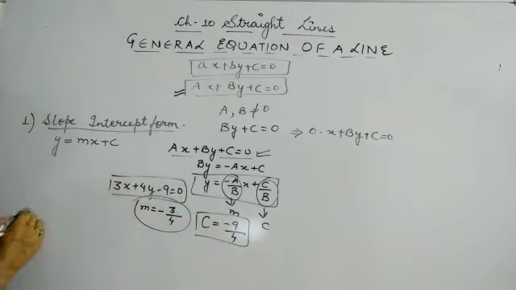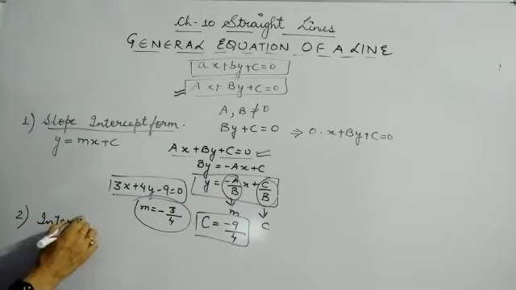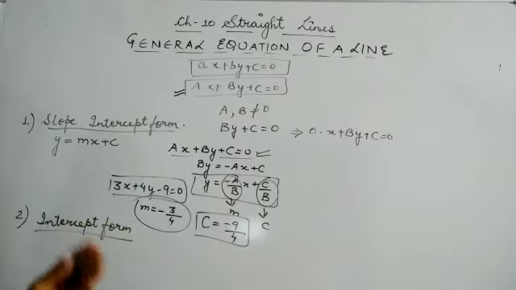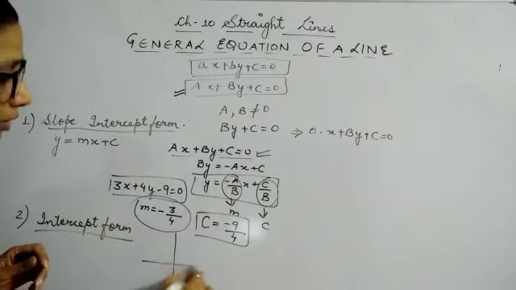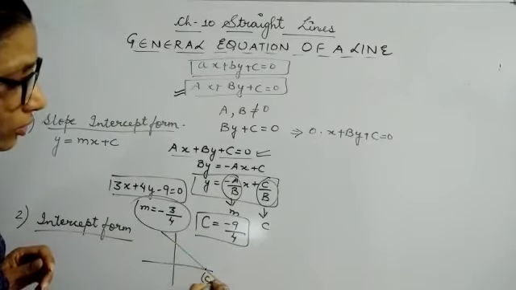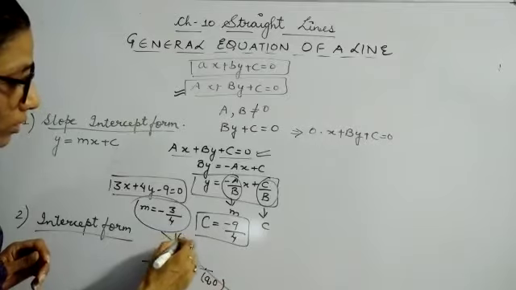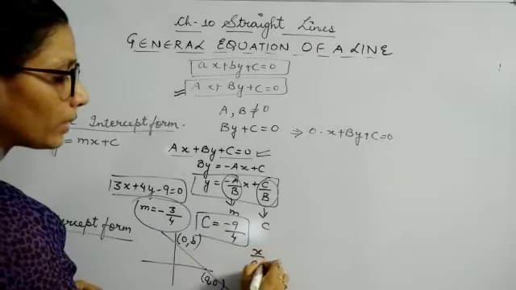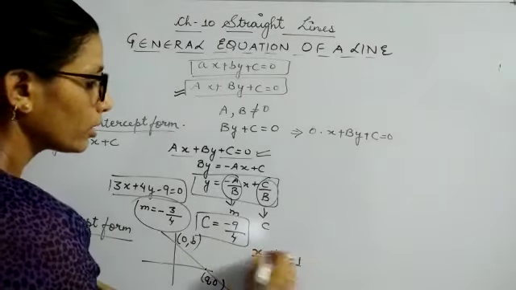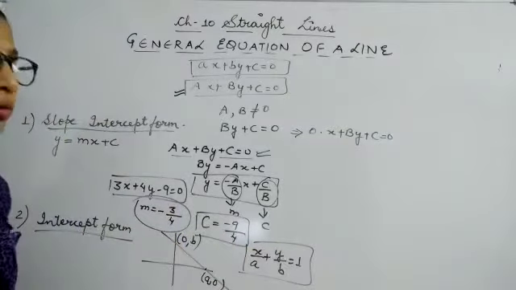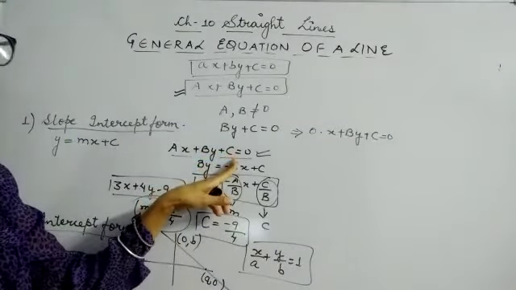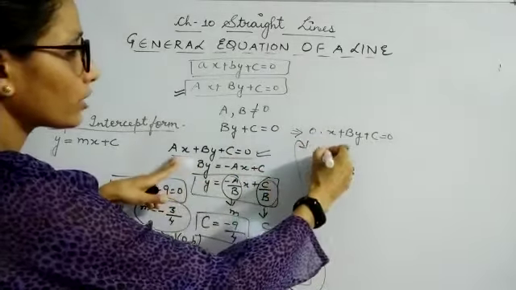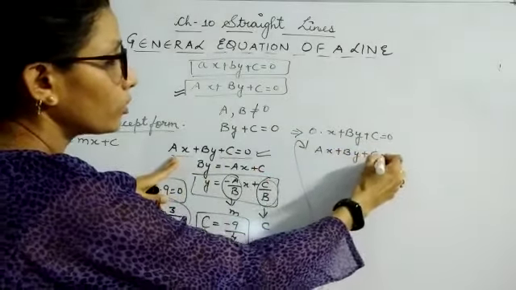Now come to the next concept, which is your intercept form. So what is your intercept form? If your line intersects the x-axis and y-axis, then the figure you can remember like this. If this is, say, (a, 0) and this is (0, b). So in this case your intercept form was written like this: x by a plus y by b equal to 1. This was your intercept form. Now what you have to do? You have to convert the general equation of line into this form. So let's see how we can convert this Ax plus By plus C equal to 0 in this form.